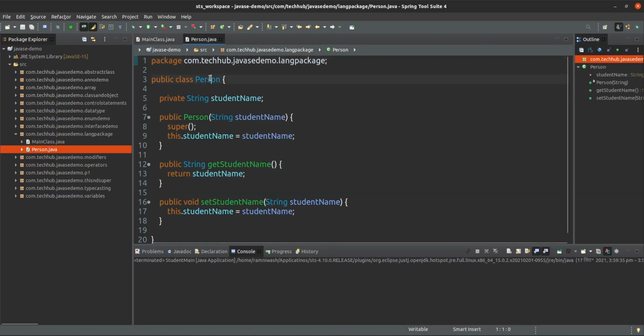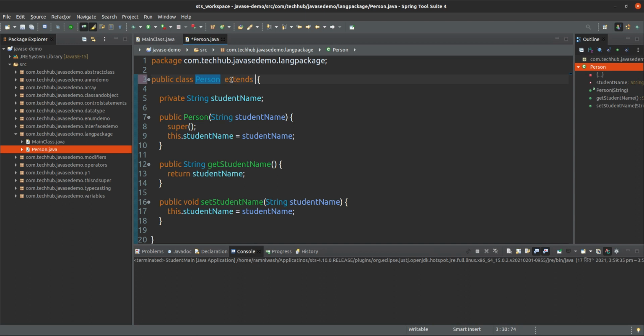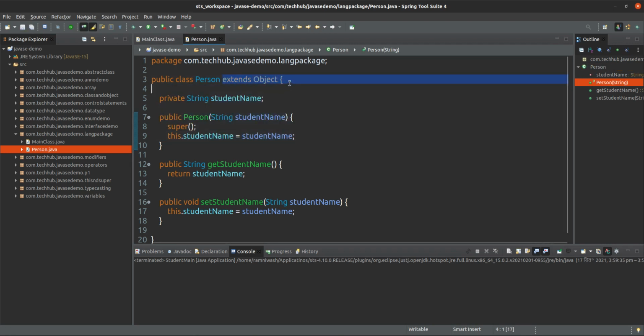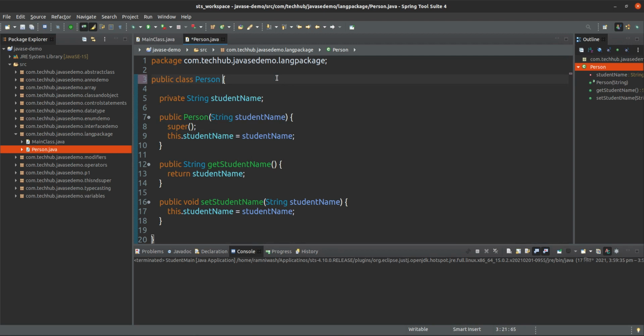I am not writing any inheritance relationship, I am not writing anything like extends object. If you write, no issue, but I'm not extending. Even if you are not extending, the compiler will add this statement by default. Compiler will do that.